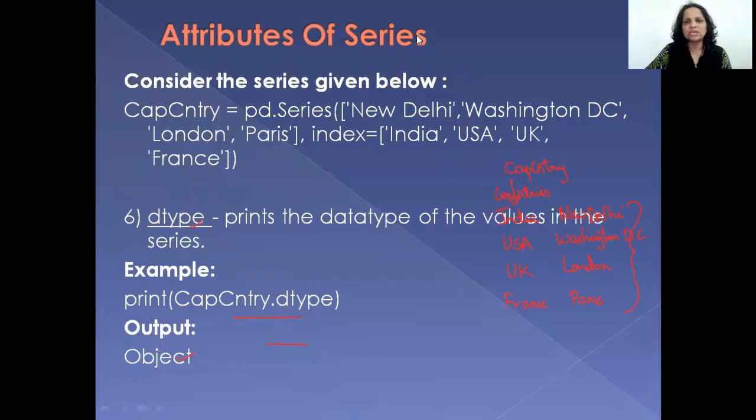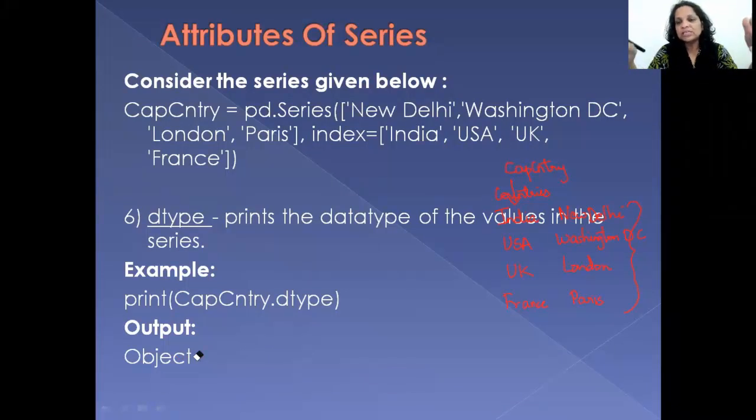We've seen this dtype attribute even before when we were talking about NumPy arrays. Okay, what does the dtype attribute do? Even without using the dtype attribute, I want to remind you, when we're displaying the series, do you realize it displays the series and at the end tells you dtype and the data type of the values? That's exactly what your dtype attribute also does. It tells you what kind of value you have stored in your series.